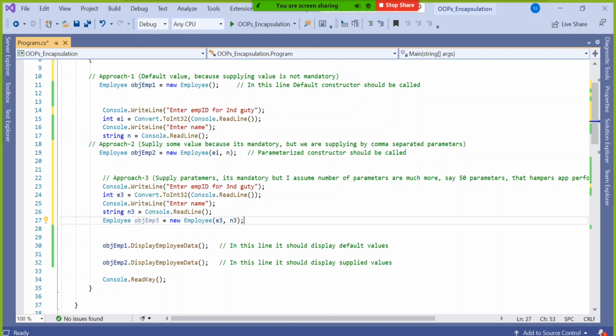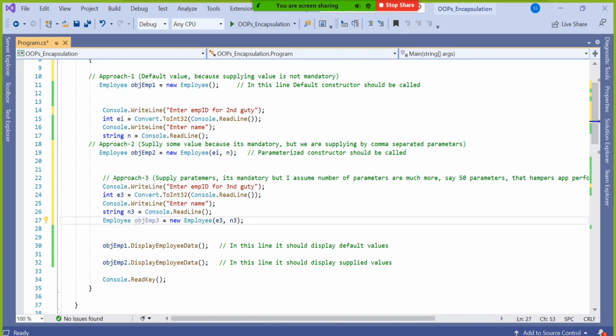That I'm assuming, because why waste time unnecessarily by creating 10 to 20 parameters. You assume there are 50 parameters we need to supply. Then the second approach is not good. You should go for this third approach.